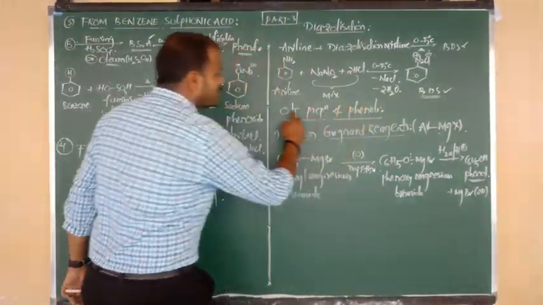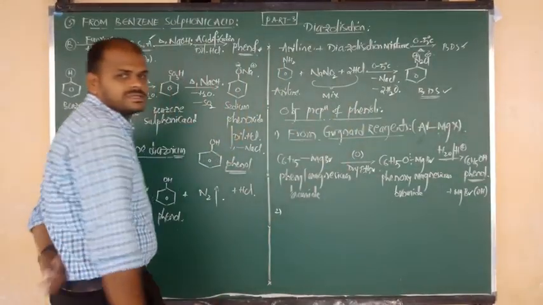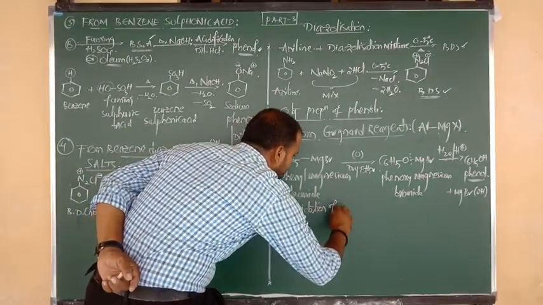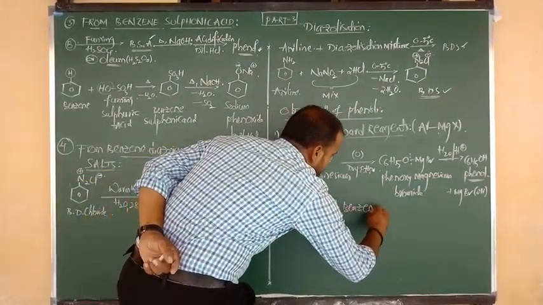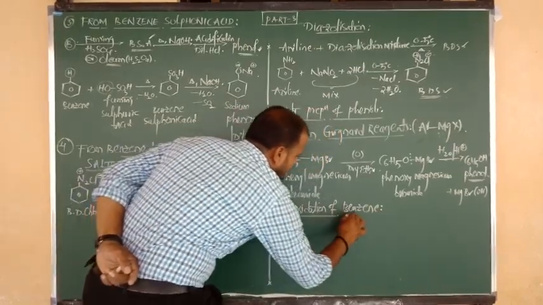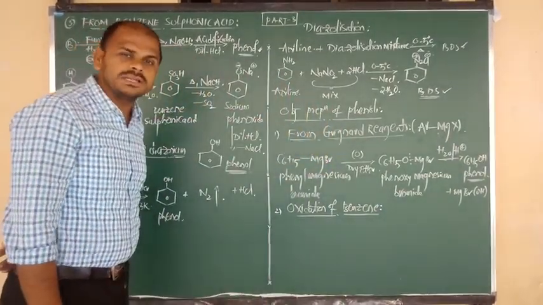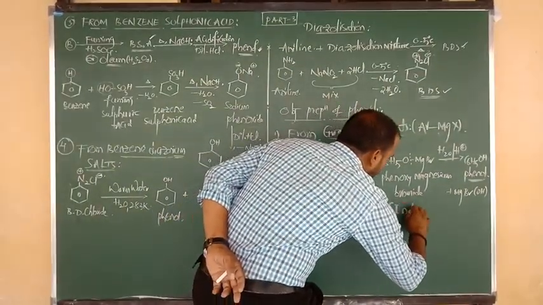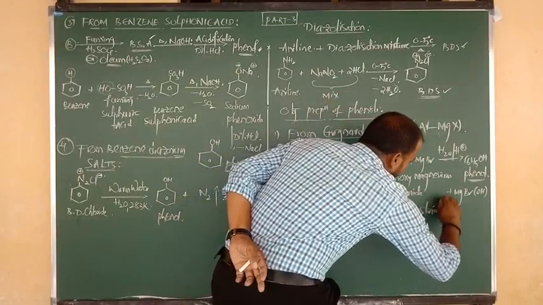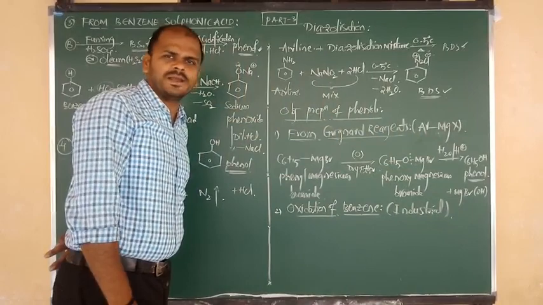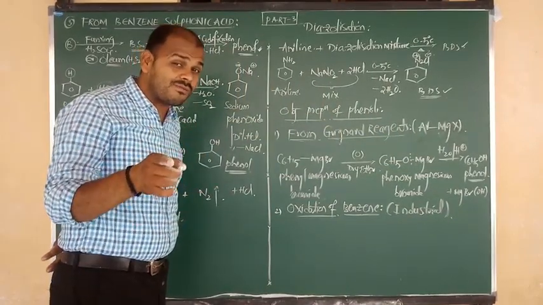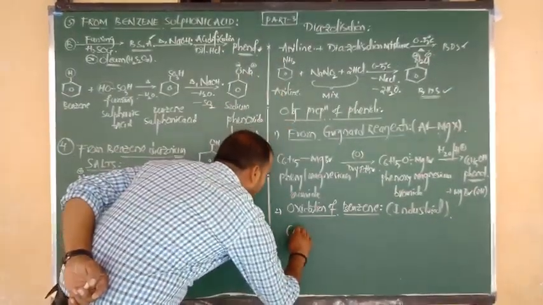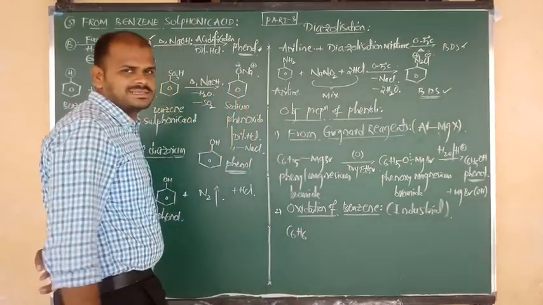Right, from the objective preparations of phenol, I am going to give you the second one. The procedure is known as oxidation of benzene. Which procedure, beta? Oxidation of benzene. And listen carefully, oxidation of benzene is a commercial method, and also we can say it is an industrial process. From a business point of view, we use this method for the preparation of what? Phenol. So benzene undergoes what? Oxidation. Tell me first of all what is the formula of benzene? Benzene formula is nothing but C6H6.